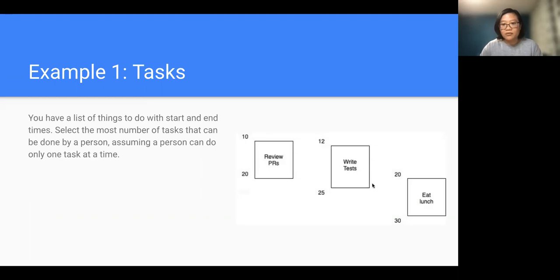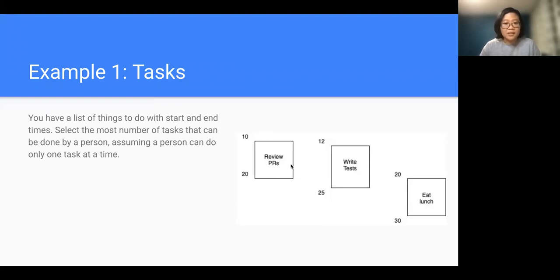I made a visual representation of the schedule. As I mentioned, write tests overlaps with review PRs, so we probably can't do both of these. Intuitively, what I'm doing here is looking at each task